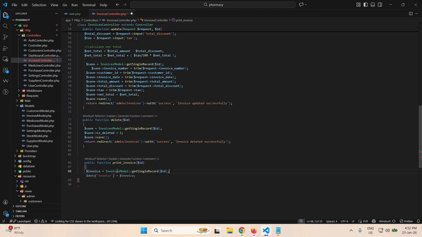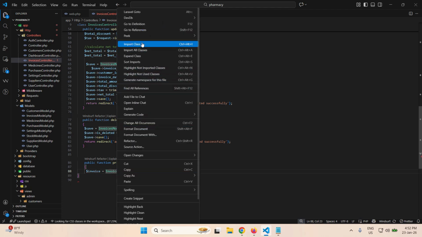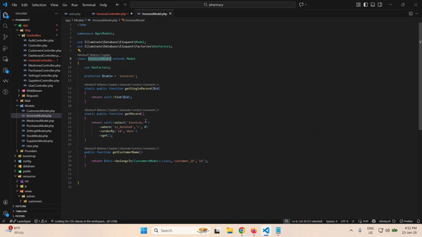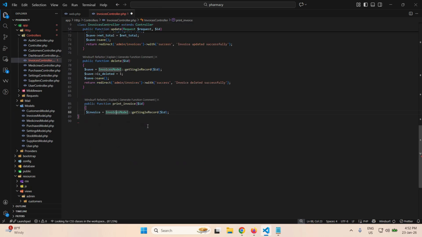So if you go to this invoices model, jump to the definition, let's open it, then we get the single record. We had already created this function here, so that one is with less worry. So we can close this and then come back and finish writing this. The next thing, we want to get the variable called PDF. So let's call the DOM PDF library. So we say PDF,